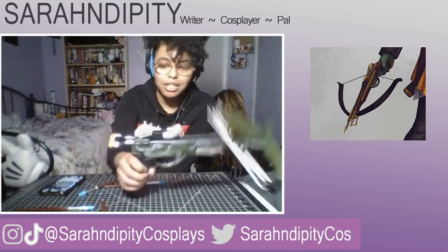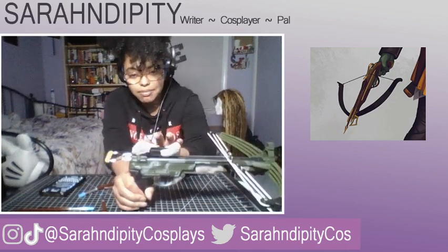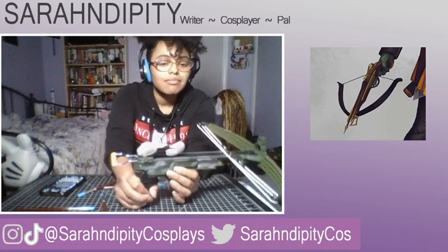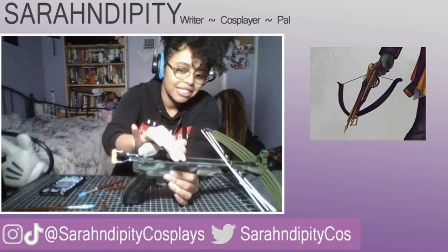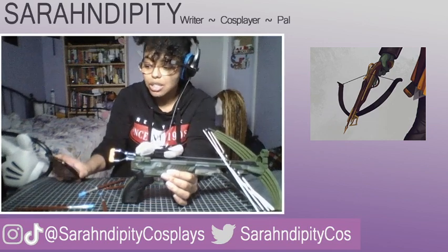But otherwise I'm liking the way that this looks more. It's just really, I don't know what the word is, but it needs to be smoothed. But I'm gonna let it dry first, and then I'm gonna glue it a little bit,